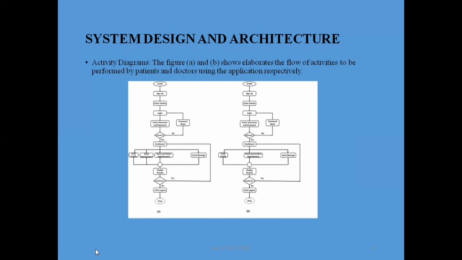Activity diagram. The following figure shows the flow of activities to be performed by patients and doctors using the application respectively. Patients register or sign up by entering their details into the application. After registration, they can log into the application with the username and password used in the registration. The username and password must be known only by the user unless he or she wishes to share them with any other person. If the patient's username and password are correct, he or she can proceed to view the patient's dashboard